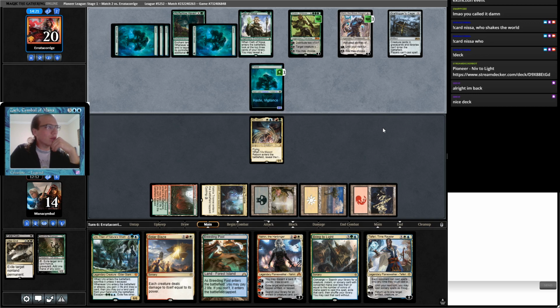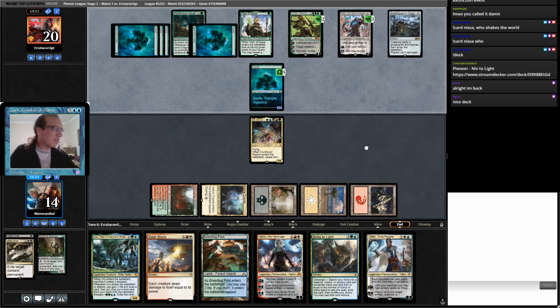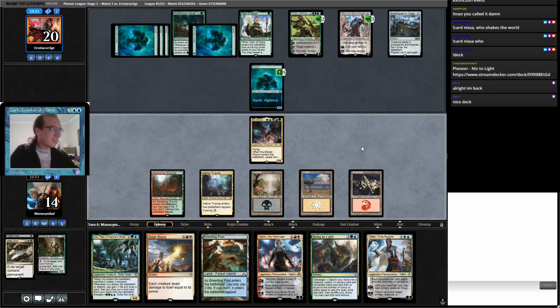I'm gonna make their forest a 5/5 this turn. So we can swing at 1, Bring to Light for Dreadbore for the other one. But to be perfectly honest, I just want to kill the Karn. And then I can Teferi bounce the